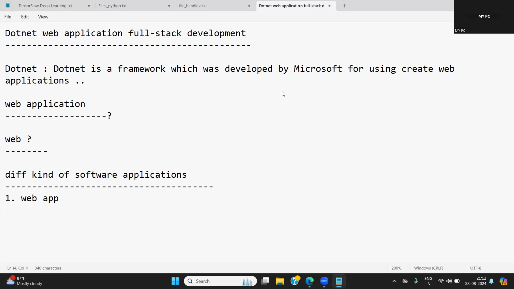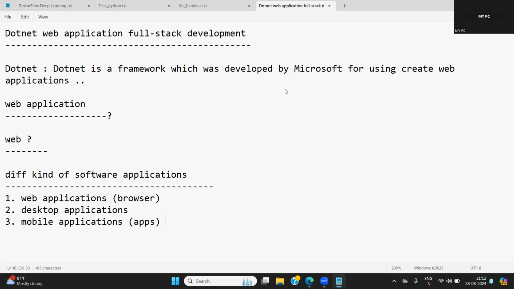The first very important application is the web application. This we already know. An application which is running through the browser on top of the internet is called a web application. And one more kind of application is desktop applications. So desktop applications are there, web applications are there, and at the same time, mobile applications are there, something like mobile apps which are installed on the Android operating system